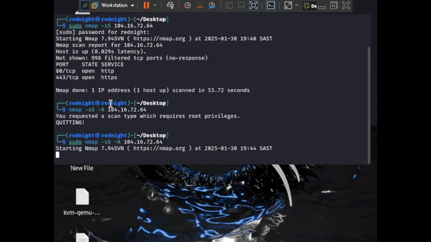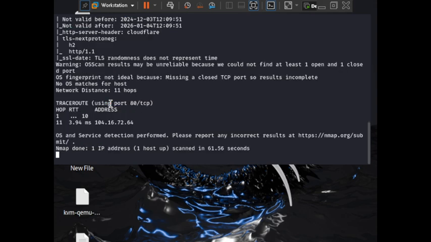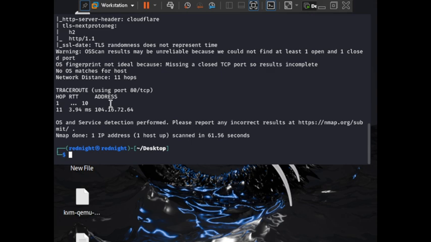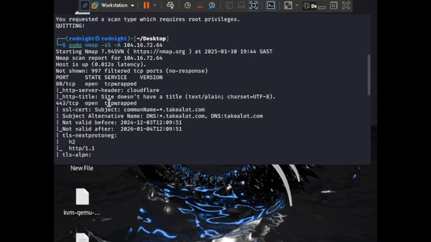So it's still scanning. And then the -A option, meaning it will look for the vulnerabilities and look for service versions. It will give us the OS, etc. So the scan is done. TCP scan, port 80 is open, and then the service is tcpwrapped. As you can see, guys, when we get this information, it means that we can find vulnerabilities in this